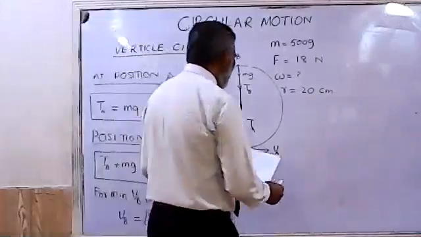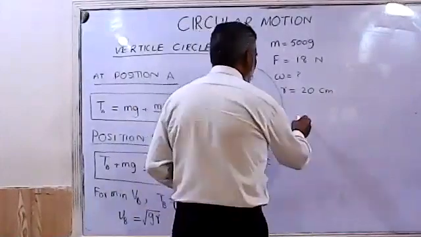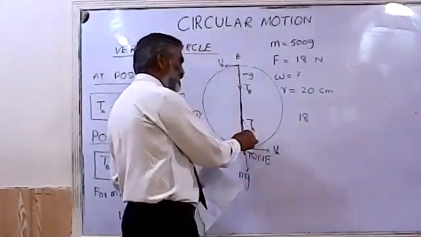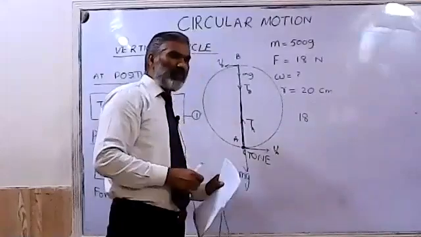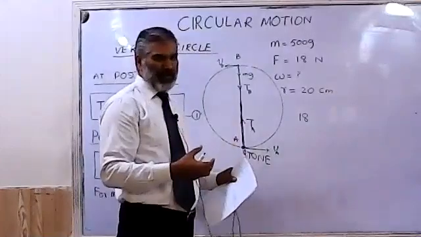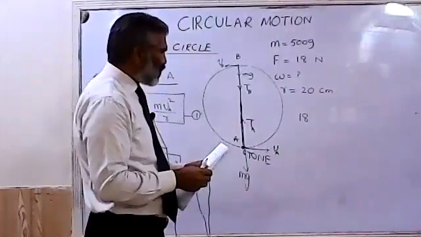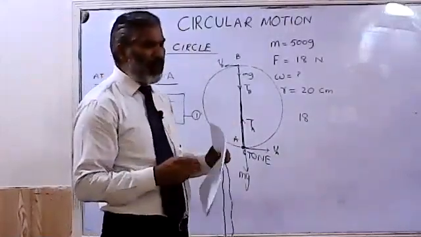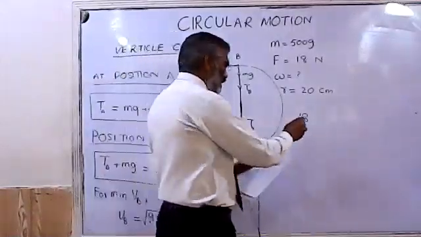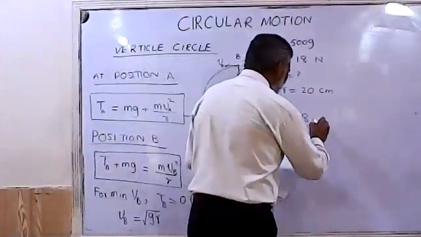So when I write this equation here, the force of tension in this case is playing the role of that force which the glue must provide so it remains attached to the rod. If the glue is not that strong, this stone will no longer be attached to the rod and it will move off the circle. So when I apply equation 1 to this situation, it will become 18 is